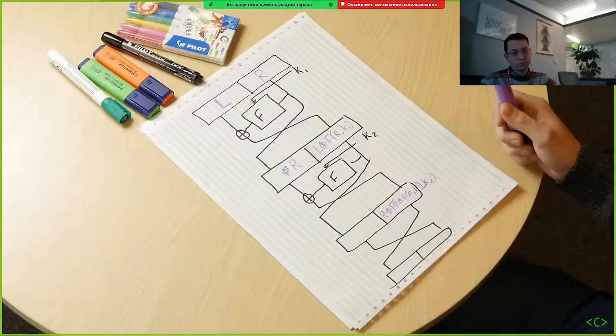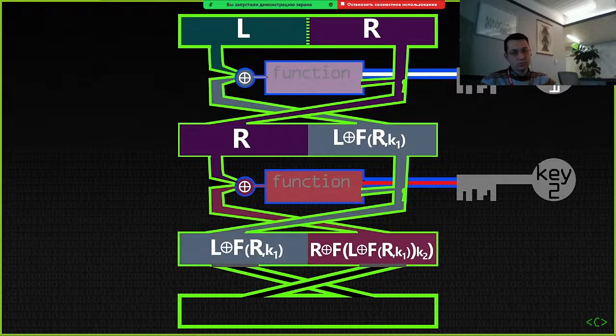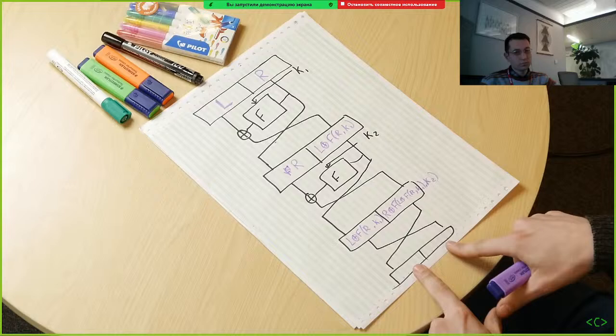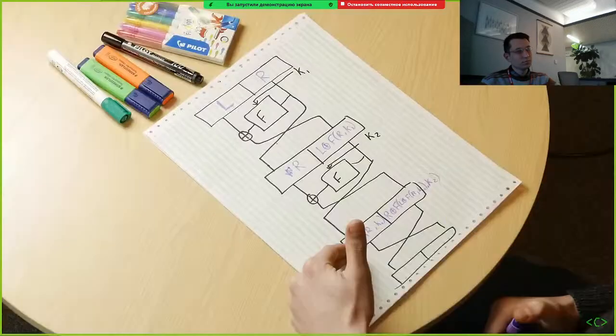This one is going to get copied down, so this is going to be L XOR F of R and K1. Now both of these will look like gibberish. We're going to switch them around here. I won't draw them in quite yet, right? But this one comes down here and this one comes down here. Feel free to animate it, Sean. Thanks for that. Right. So now we're going to see how we can decrypt this back to L and R,